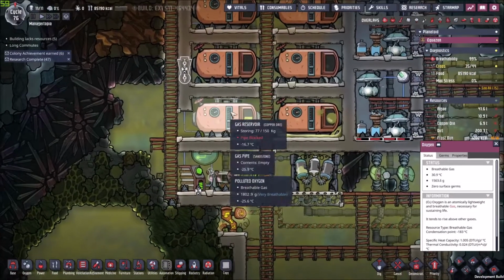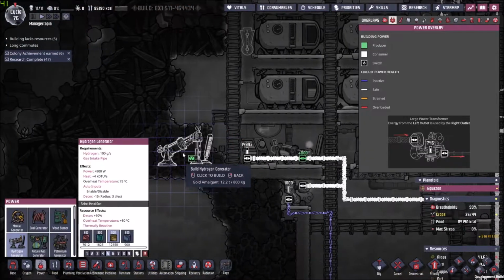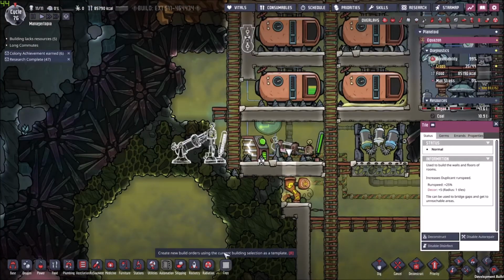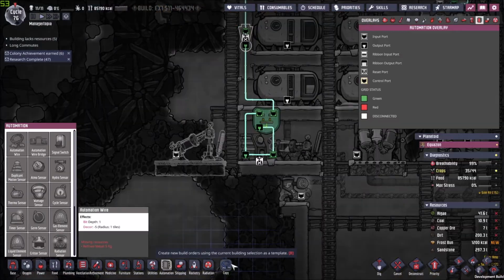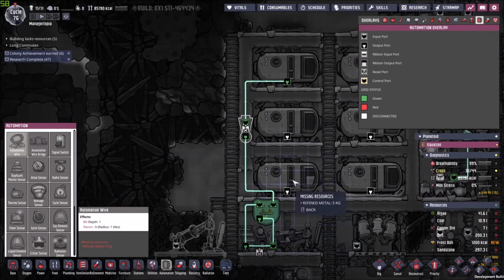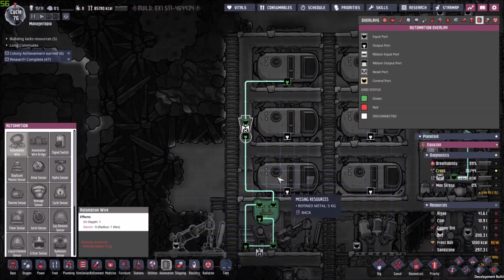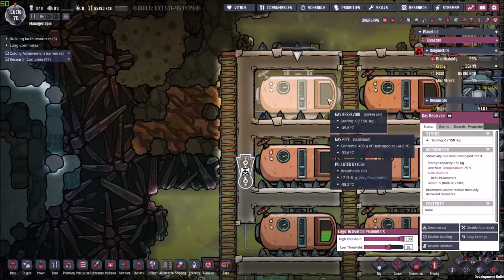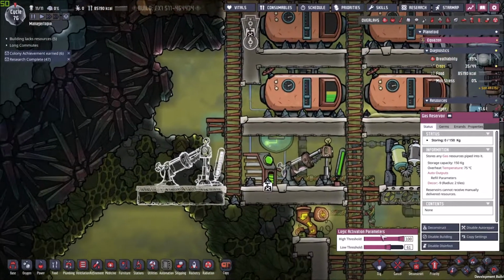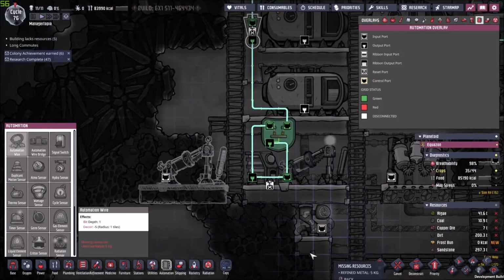Now, given that we are accumulating a little bit of hydrogen, I think I'm going to expand on the hydrogen generators. Now, one thing that I forgot last episode when I was setting up the automation is that I need this to be a NOT gate, because right now this is empty and is sending a green signal. We want to turn this into a red one, so